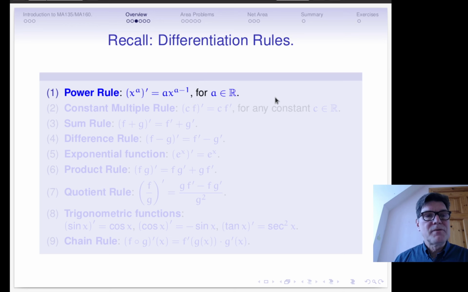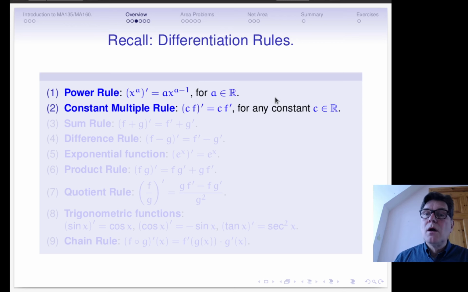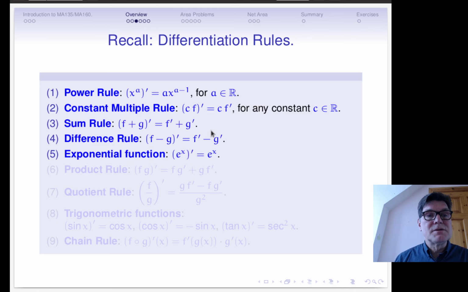And then we have a collection of rules that describe how to compute the derivative of a function that somehow relates to other functions as a multiple or a sum, and the c multiple of a function. The derivative of c times f is c times the derivative of f. The derivative of a sum is the sum of the derivatives. The derivative of a difference is the difference of the derivatives. Then we've seen that the exponential function is its own derivative, which is some